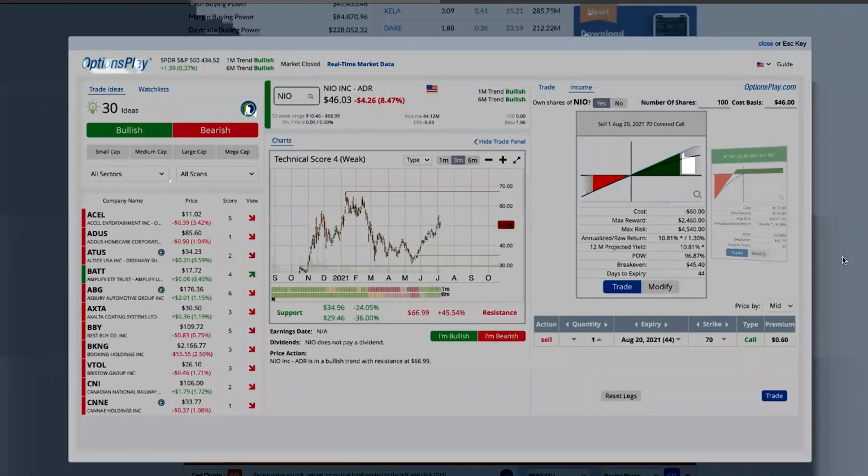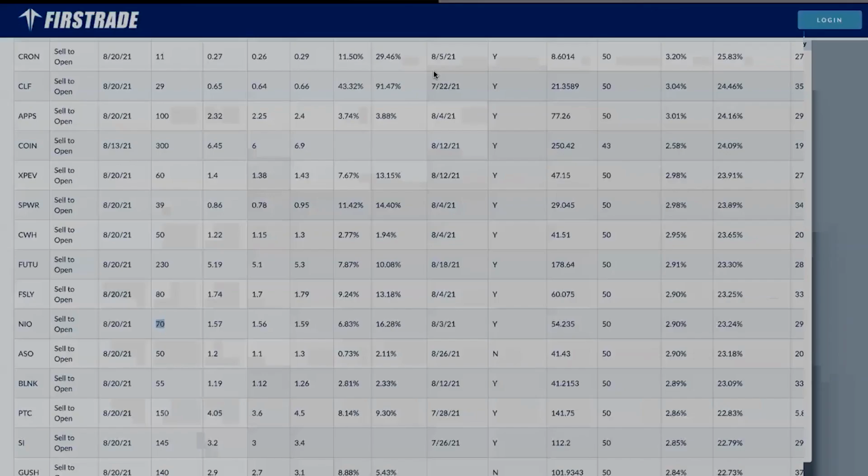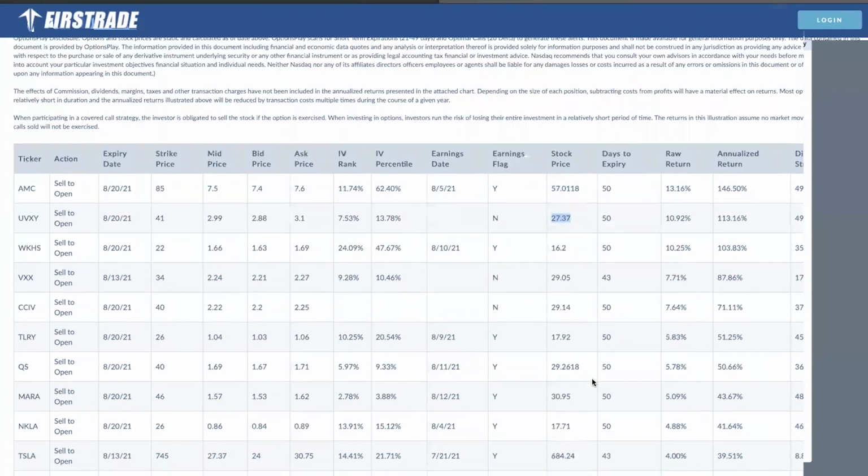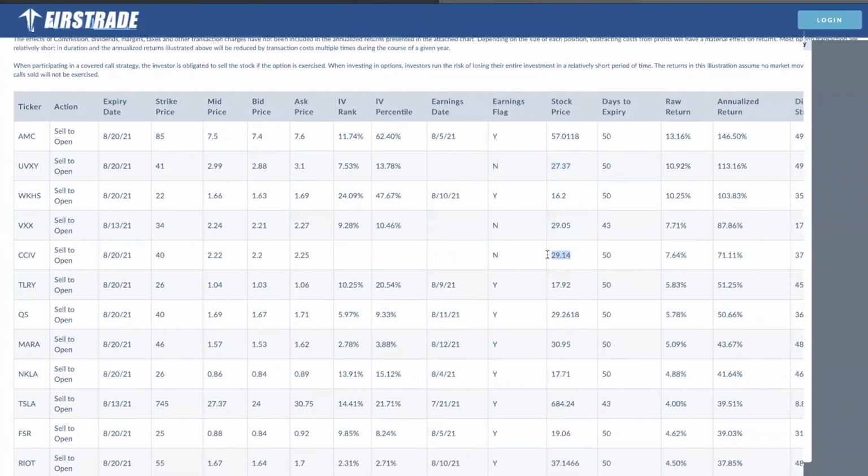And what you're doing is you're adding income to the stocks that you own in your portfolio. The only limitation is that you can only do it on stocks that you own at least 100 shares of. So the covered call report also gives you the current stock price. So for those of you that are interested in this type of strategy, you can purposely look for stocks that